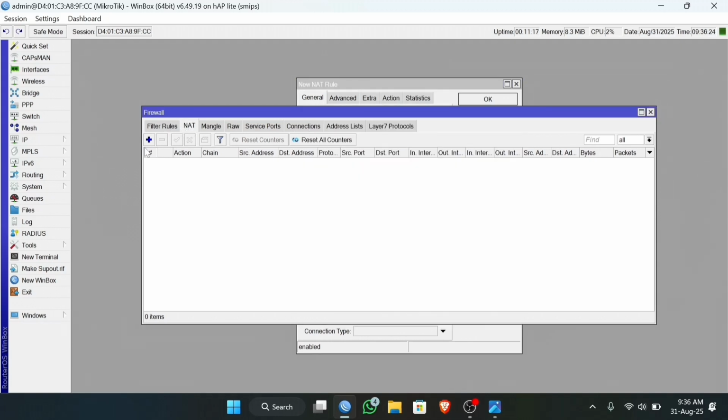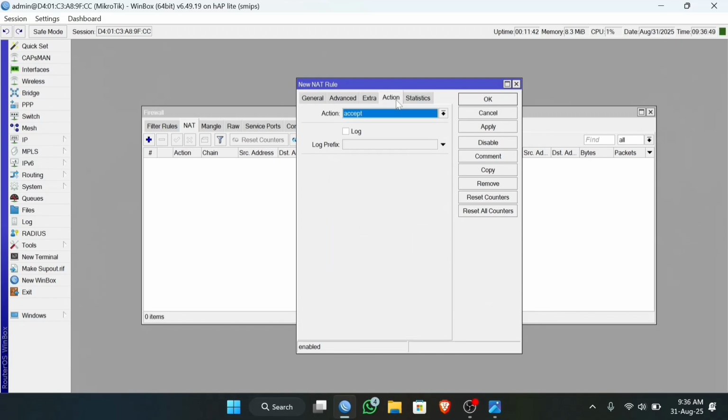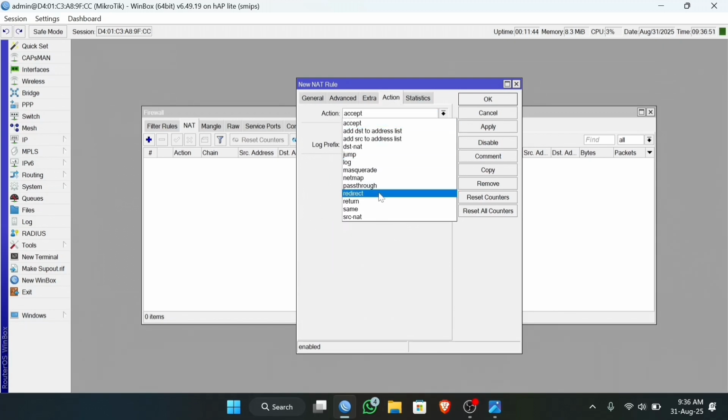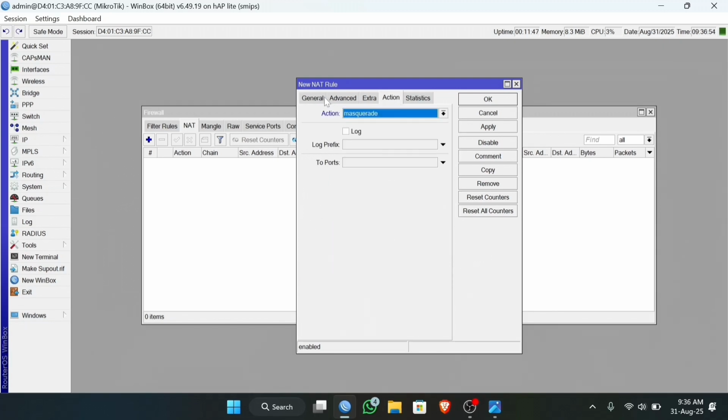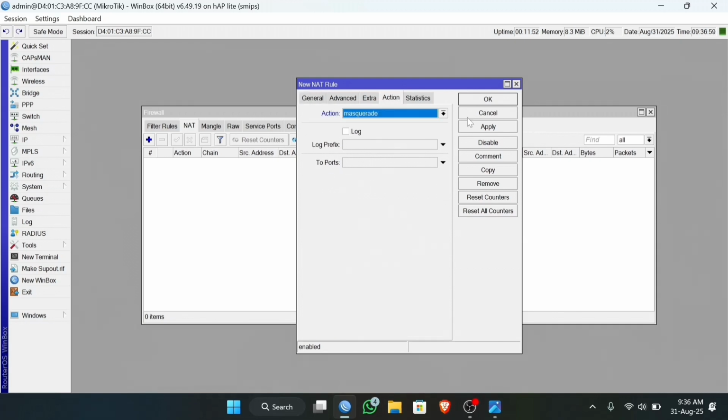You click NAT, then click Add, then for the chain fill in srcnat or default, and for the interface click the internet source port. Here I use the VLAN or Wi-Fi. And next go to the Action tab and change the action to masquerade. Then click OK.